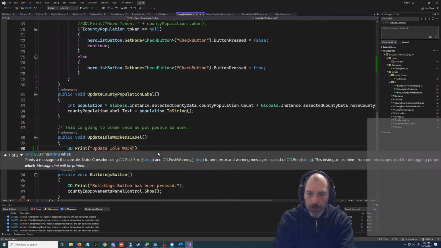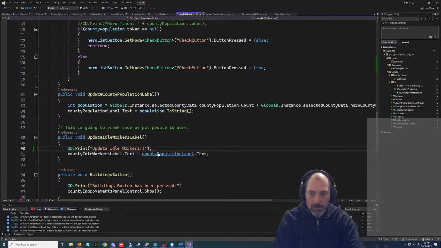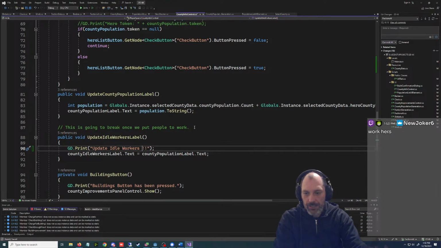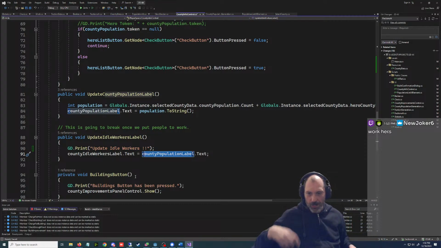Workers. Label. Oh, look at this. Look at this. It might be working.